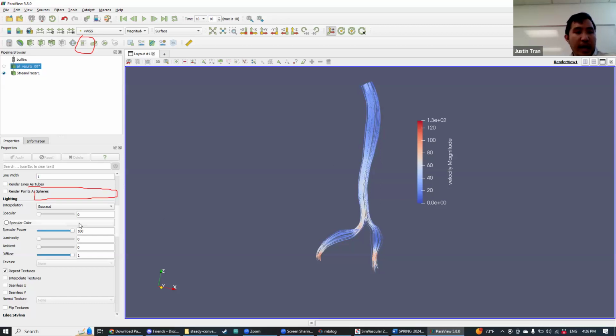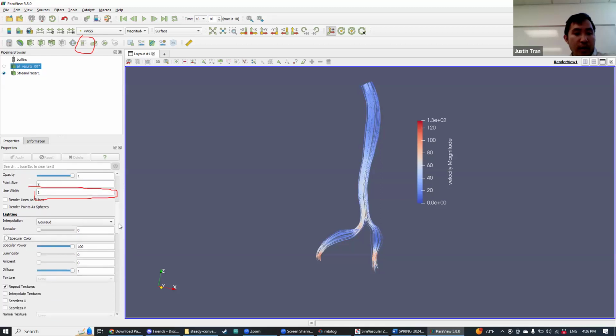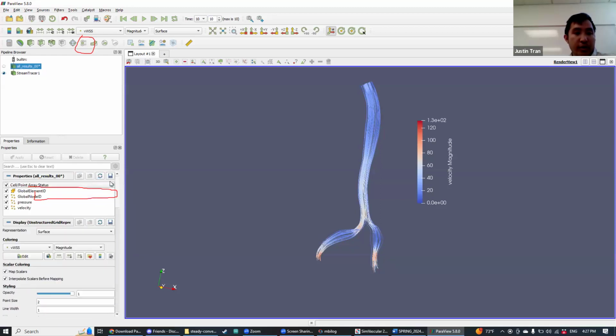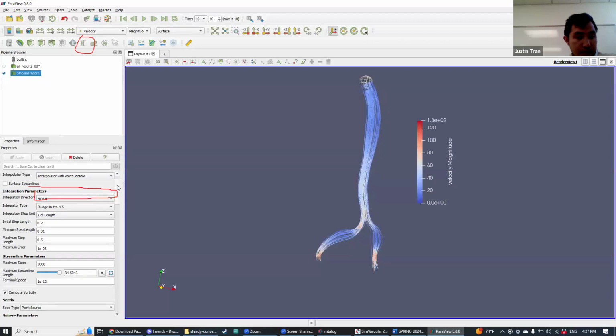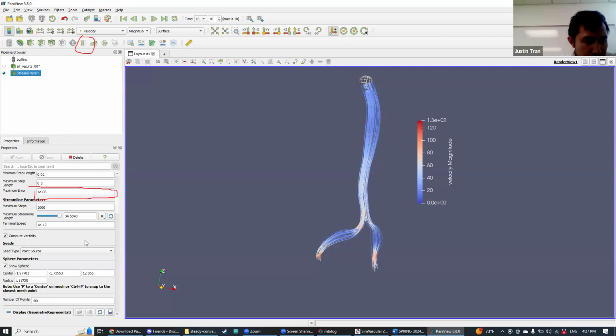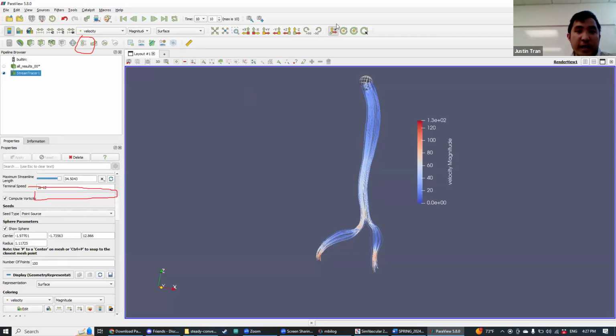Okay. And you can play around with the settings with these too. If you want to add more streamlines, you can do that. So we come back to the stream tracer here. You can specify the number of points. Right now we have 100 streamlines there, but you can actually make this even more crazy. You can make this up to 1,000. So if we change this to 1,000 and we hit apply,